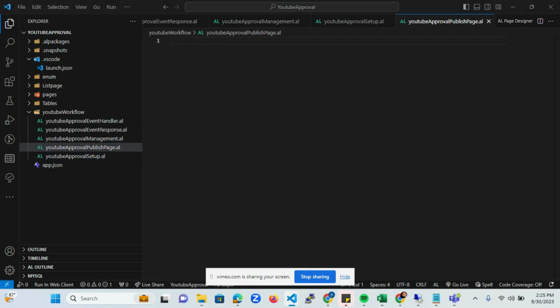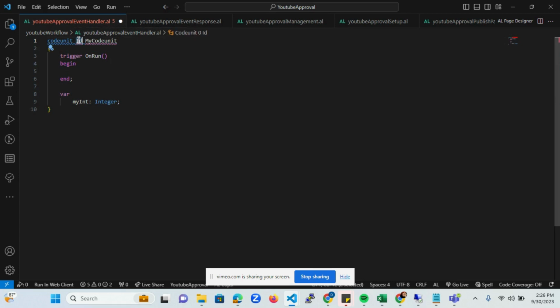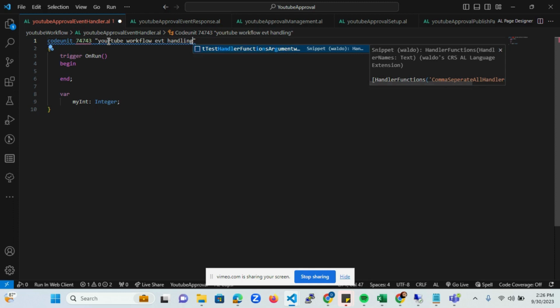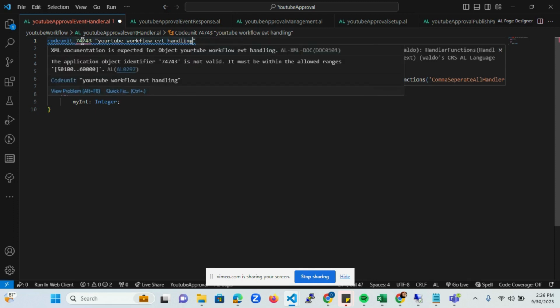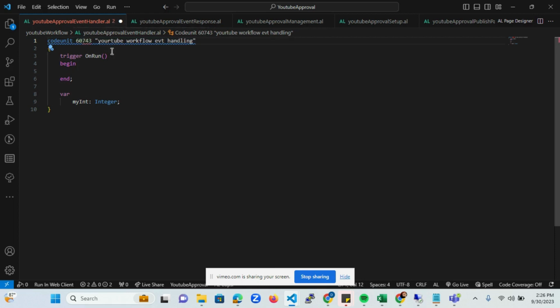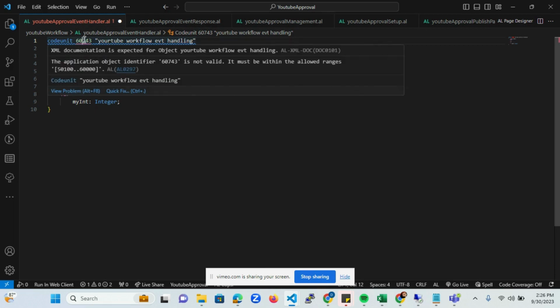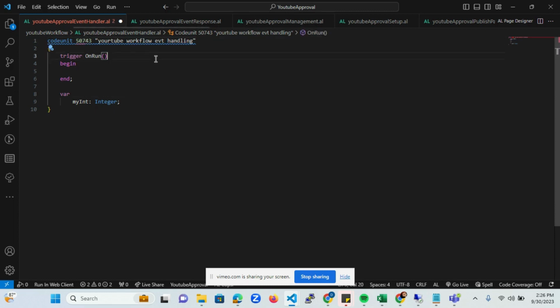Right. So the very first page to work with is the event handler. With the event handler, we need to create a code unit. So I press T code. Let's say I'm using 74743, and then I'm naming this particular page YouTube workflow event and display. Okay, can't I use that? My range is between okay to 6,000. Sorry, so to be able to use this,